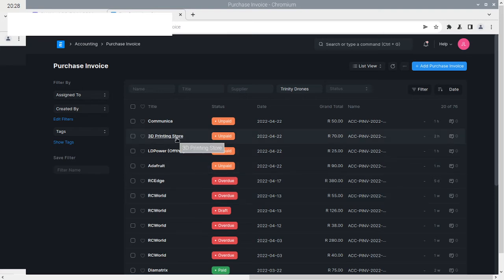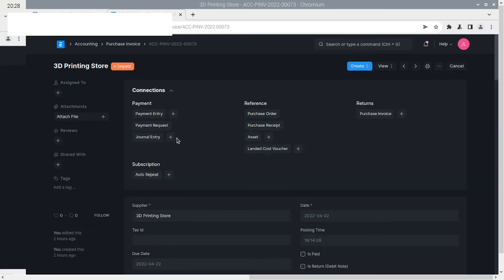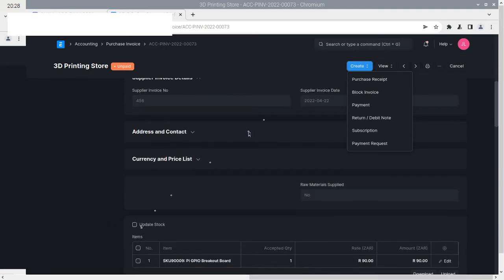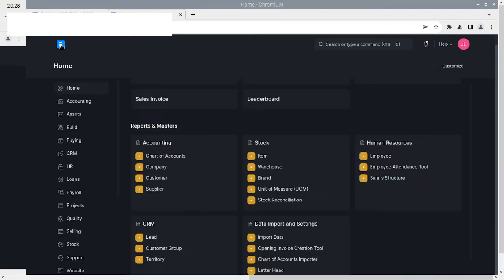Let's have a look at some of the others. I think this was, you can generate a purchase receipt. So you don't have to tick that button. I think this one was also not ticked. Yeah, there we go. It's not ticked, so you can generate a purchase receipt. Or if you really want to use the update stock button, you can do it like this. Let's generate a